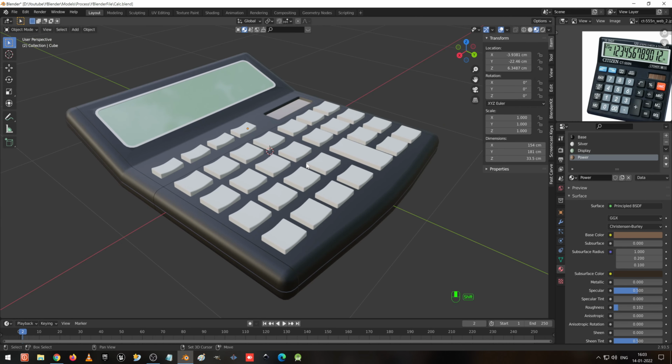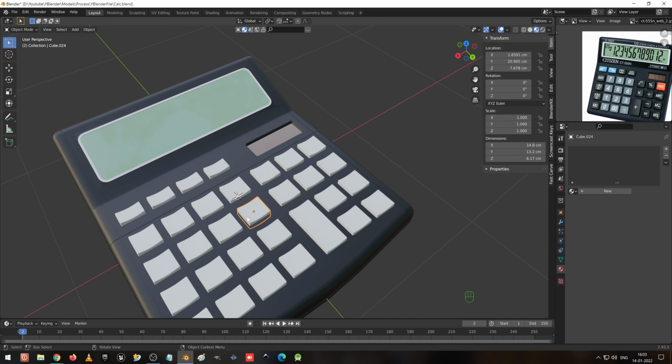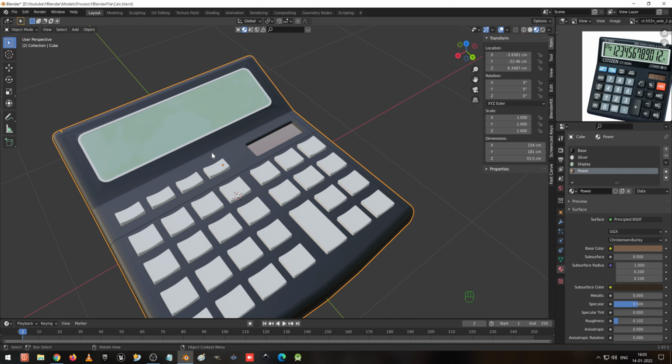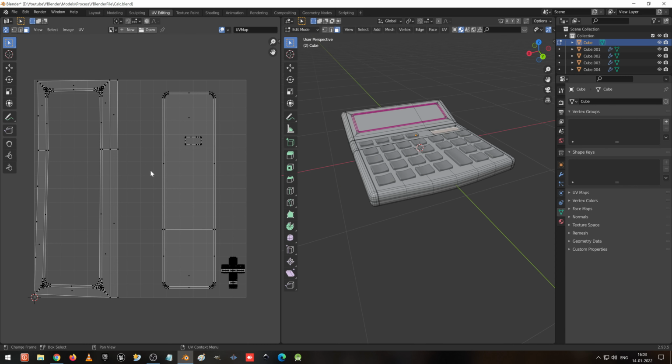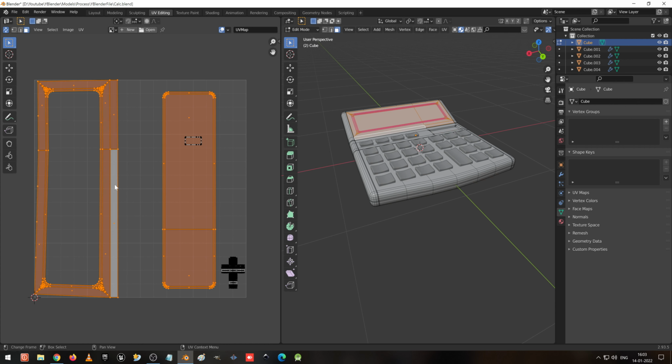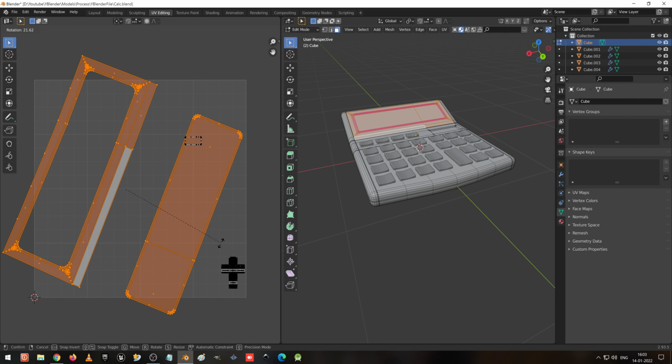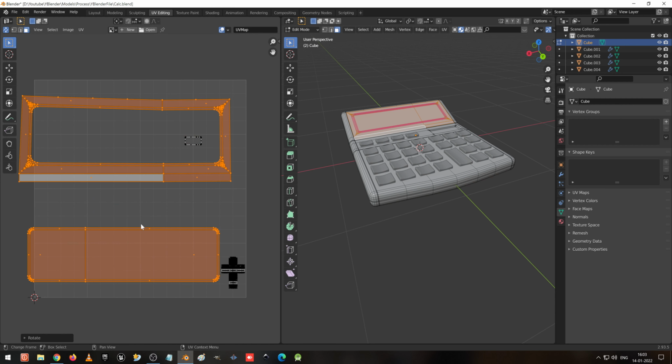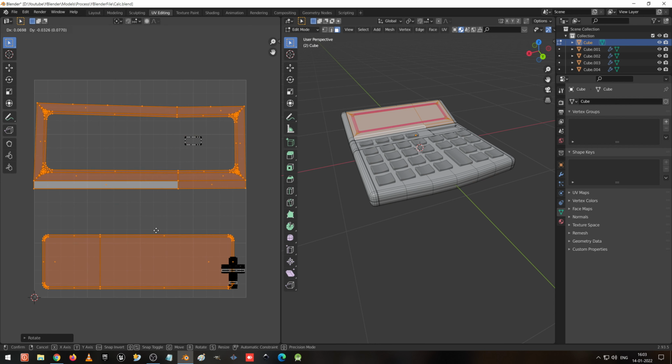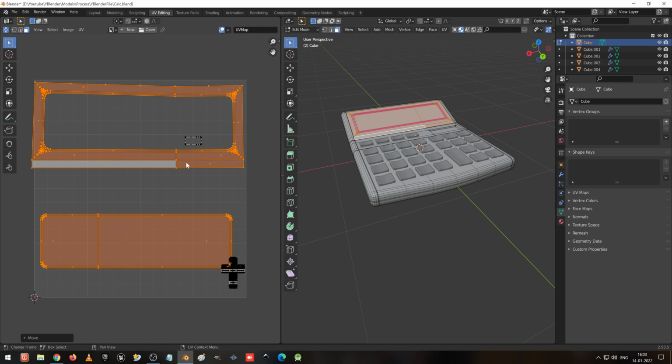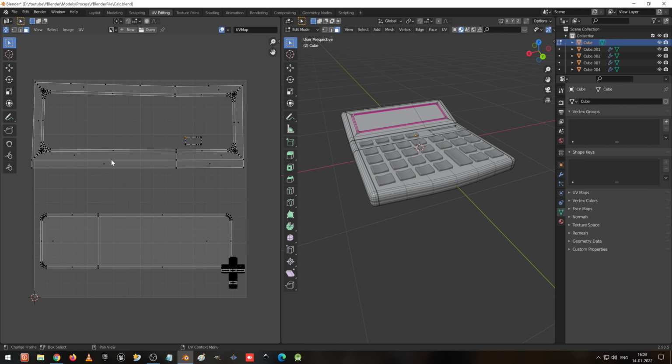Now we are going to give the texturing for this full section. What we have created is the UV editing, no? So I'm going to UV editing. I'm going to select this thing, press Ctrl L, select this, press Ctrl L and rotate it. So I'm going to move like this. Which is not required for here. Here only we are going to give some letters and textures for this.